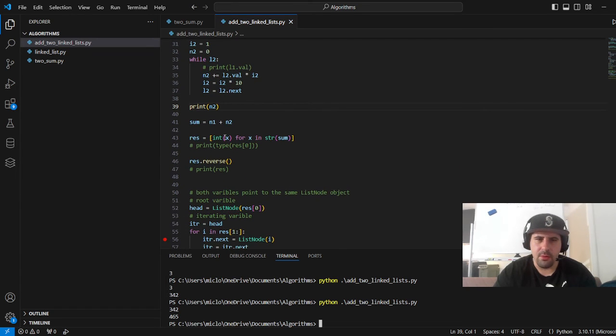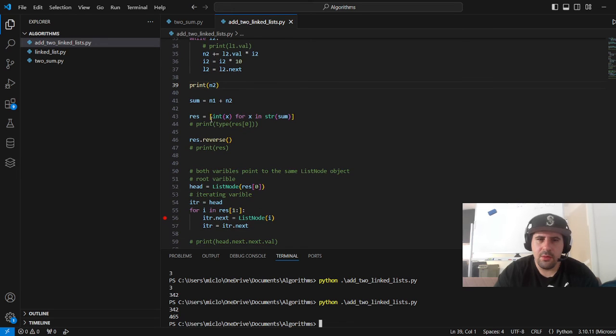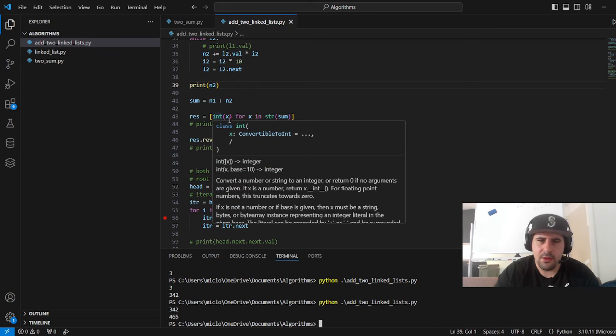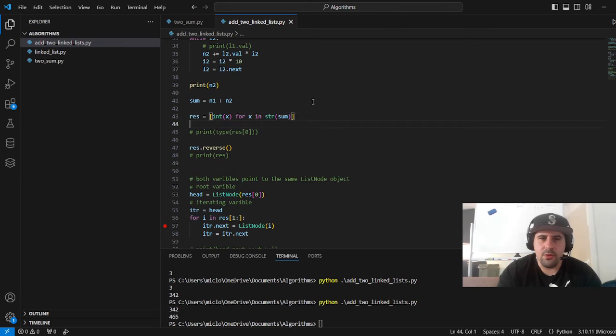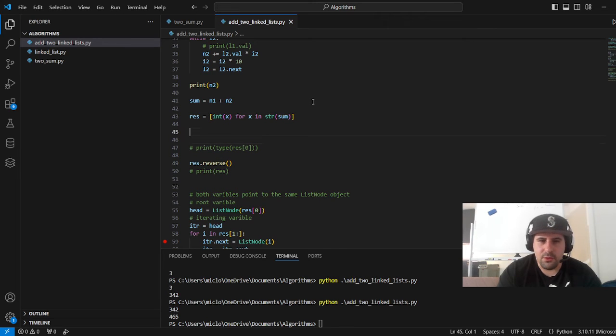So that's awesome. And now we're going to do the sum. And we're going to add the two values up to get our result. Then we're going to use some list comprehension to turn that result into an array, into that array that we want that has the results reversed. And if you don't know list comprehension, essentially what we're doing here is we're saying